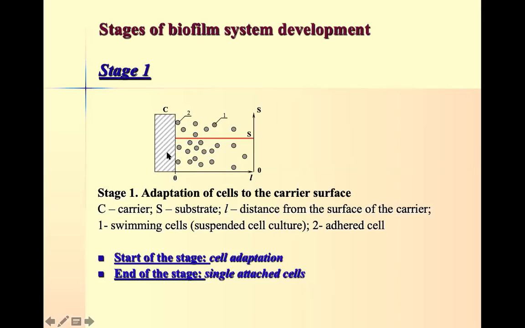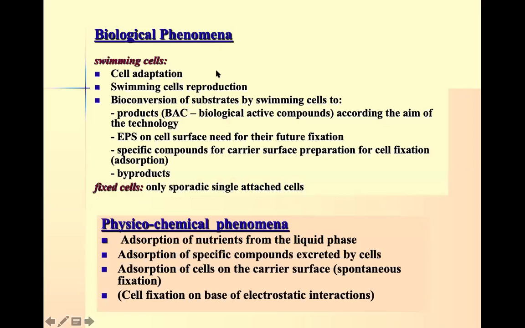So at stage one, you can see biofilm like that. A few cells adhered, and all the others are swimming cells. So this is called cell adaptation and single cell attachment. Some single cells attached. This is the stage one. So in stage one, cell adaptation takes place, swimming cells, a few cells adapted and settled there, and swimming cells' reproduction going on,